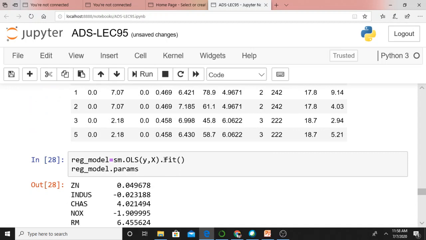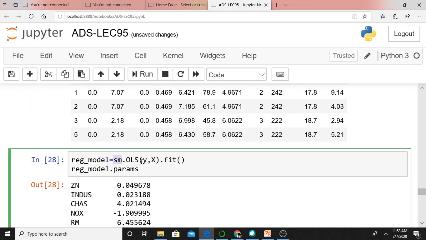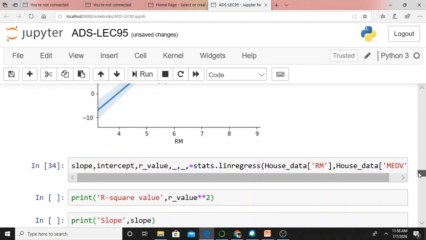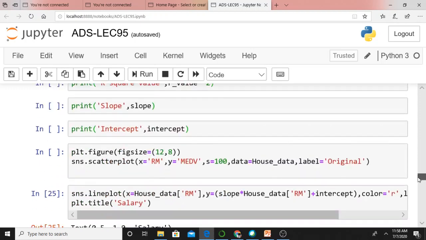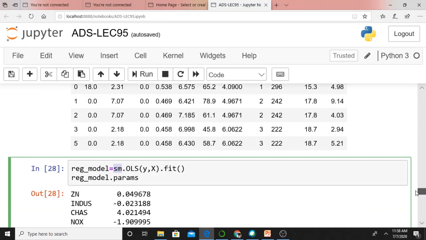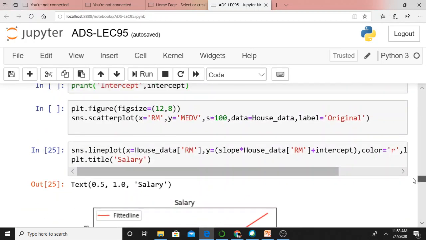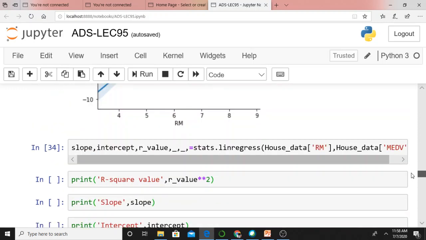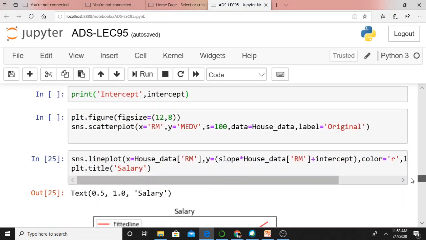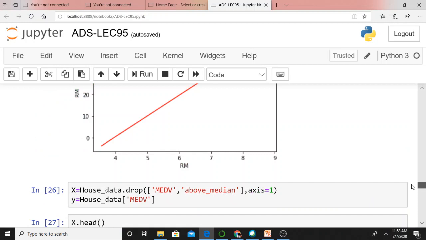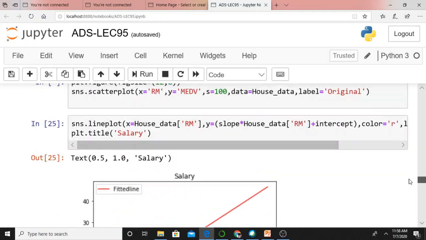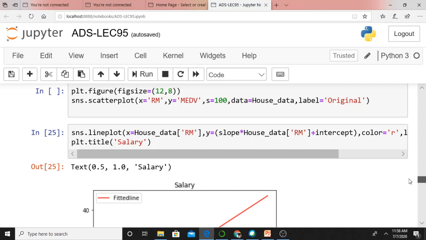You can use sm, an alias for statsmodels, sm.ols, ordinary least squares. We are fitting another regression model. I will record a separate lecture on SciPy and statsmodels, how they are useful in building models, what is R value, what is R square value, what is their significance, what is the difference. I will discuss some theoretical points, then continue these demonstrations after a few lectures.